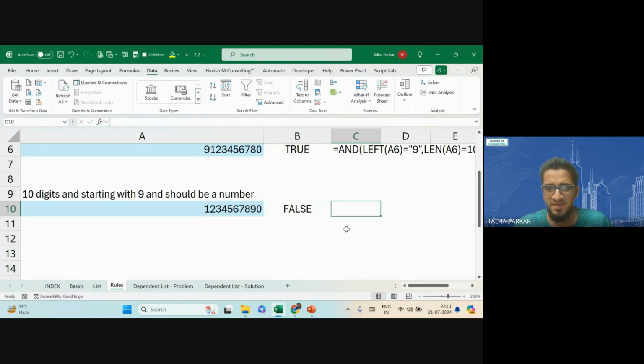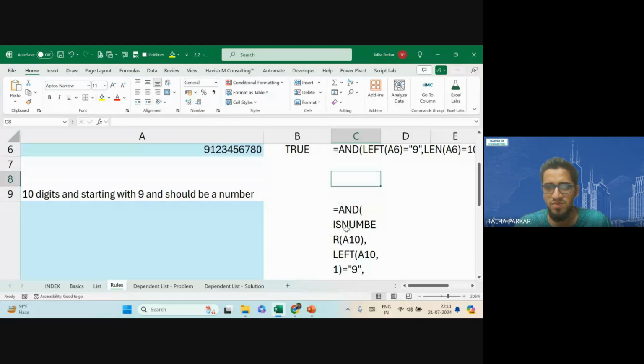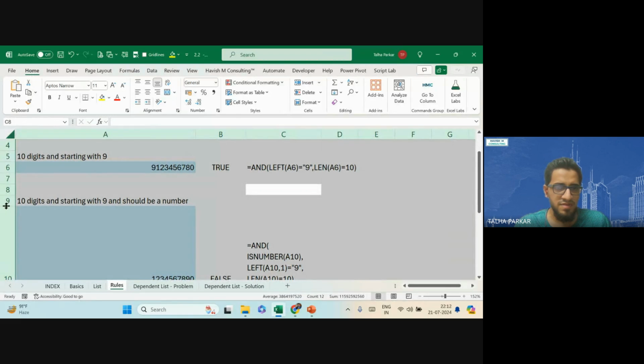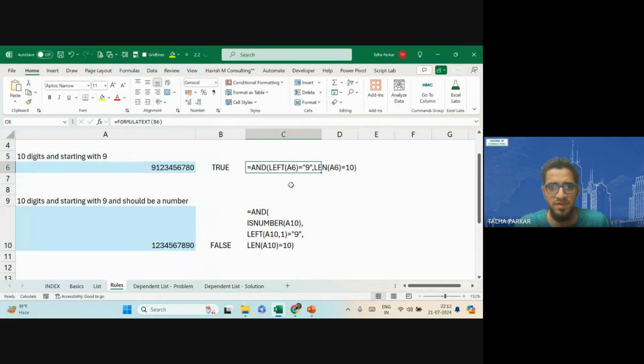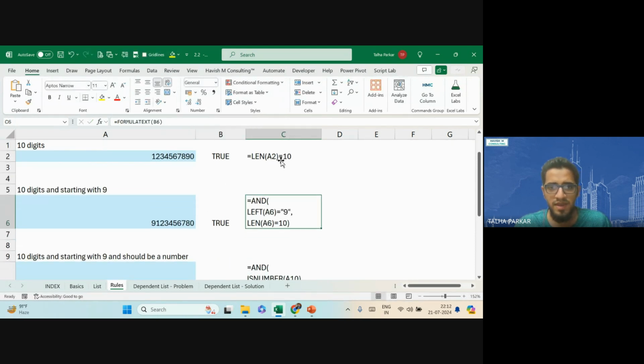We can even leave it at this and just display the formula here. I'll just expand it a bit so that you can see the formulas. I'll break this also into multiple lines. So Alt W, and